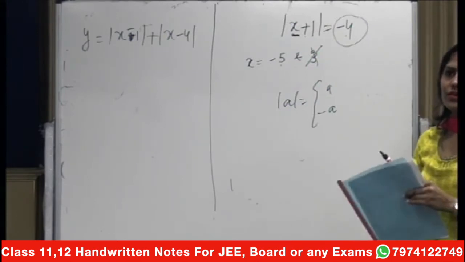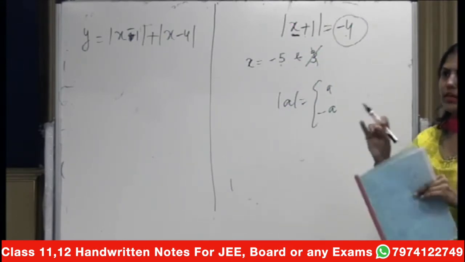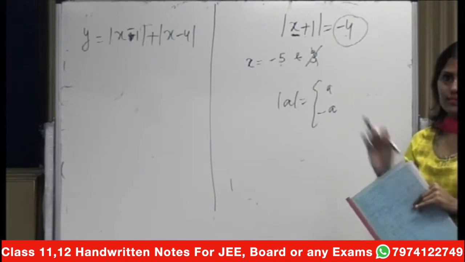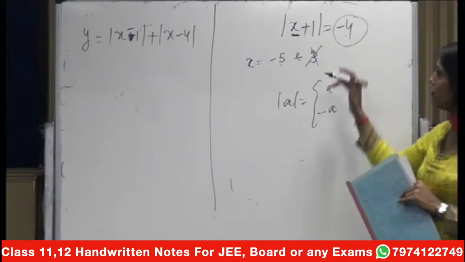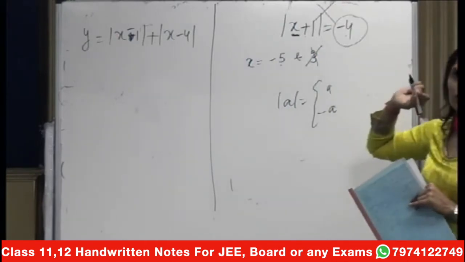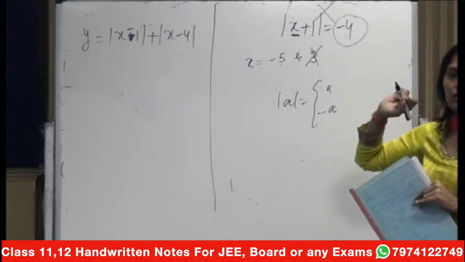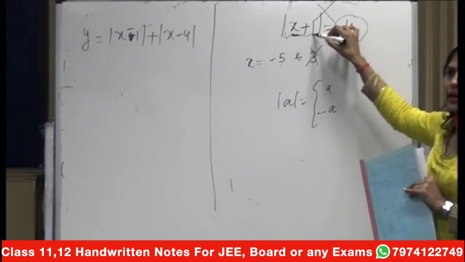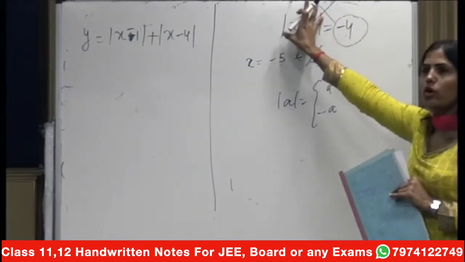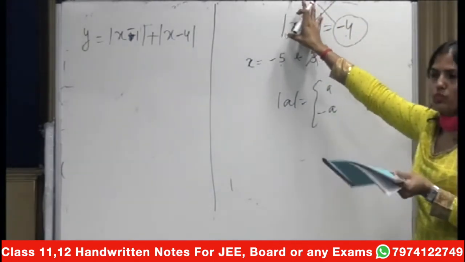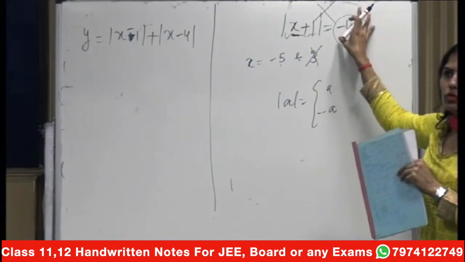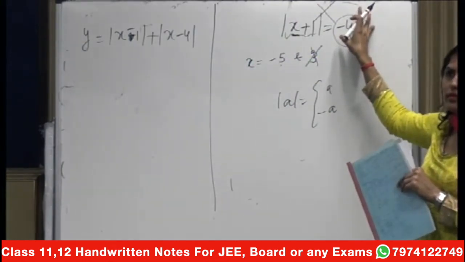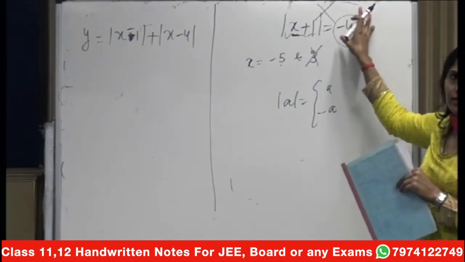But you didn't answer. I think you were keen to find some value. Is it fine? The modulus of this equation has no solution because modulus can't be negative. This is basically a real number, and I am asking you, tell me the mod of a real number which gives the value minus 4. Such a possibility can't occur. This is not possible. Is it fine? I hope it is clear now.